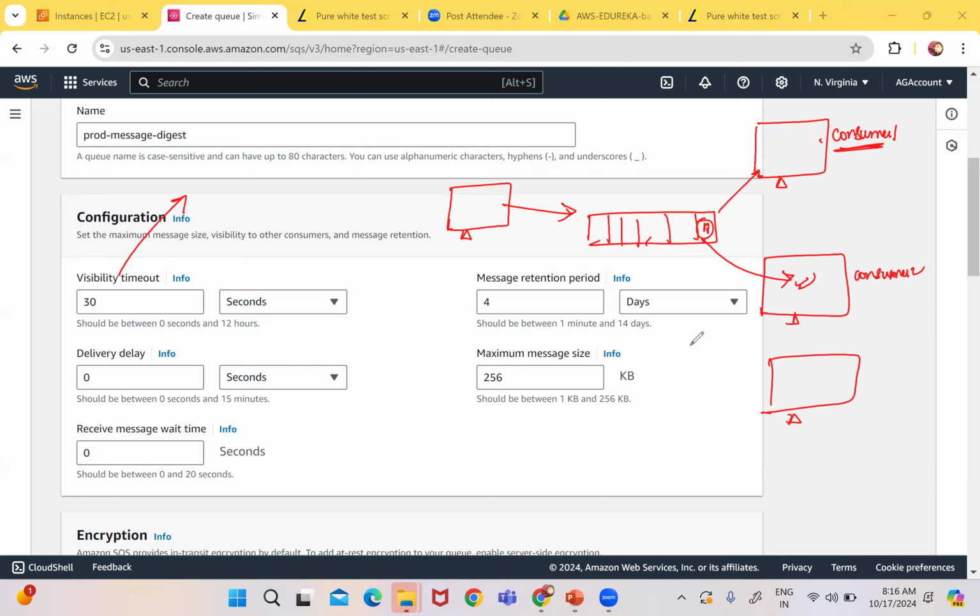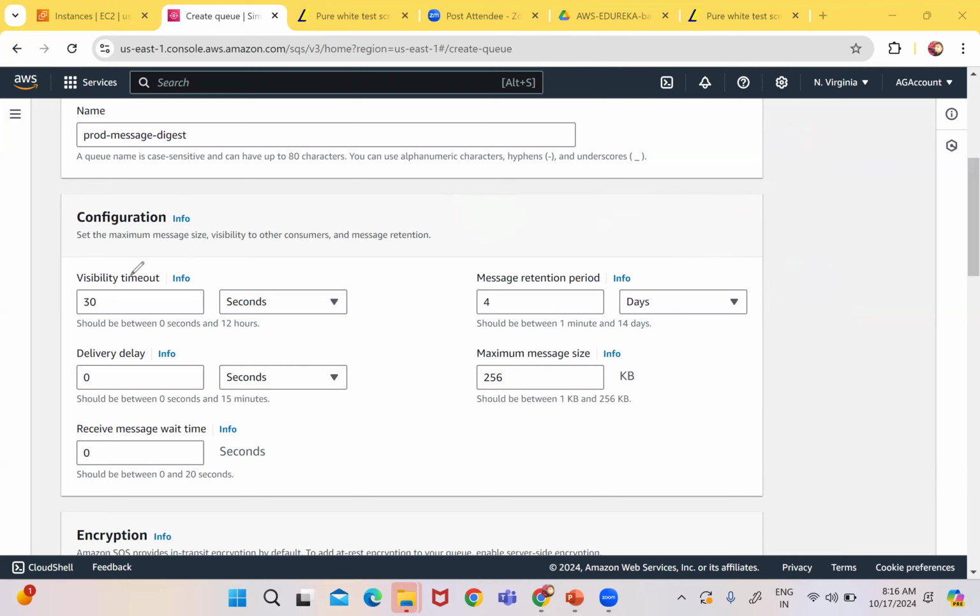So the definition of visibility timeout: when a consumer receives, or retrieves, a message, it becomes invisible